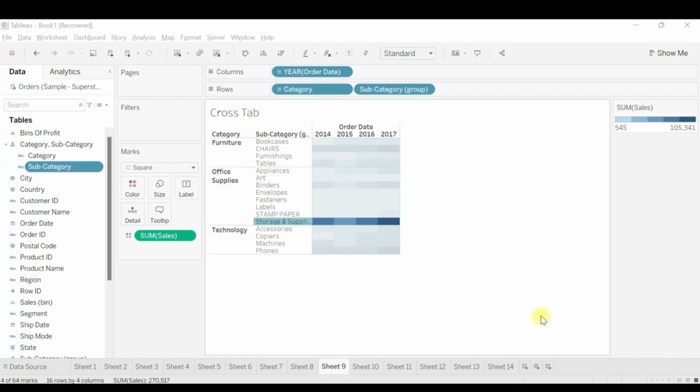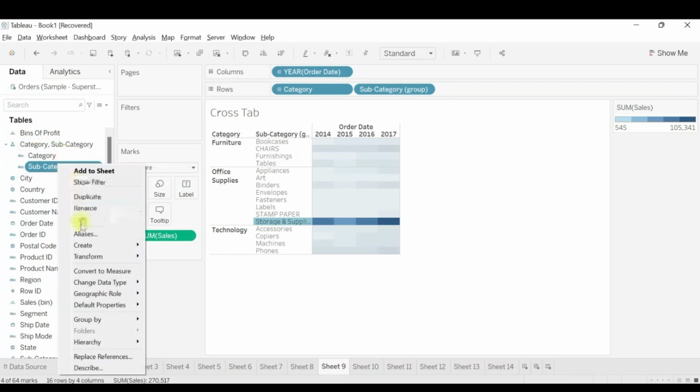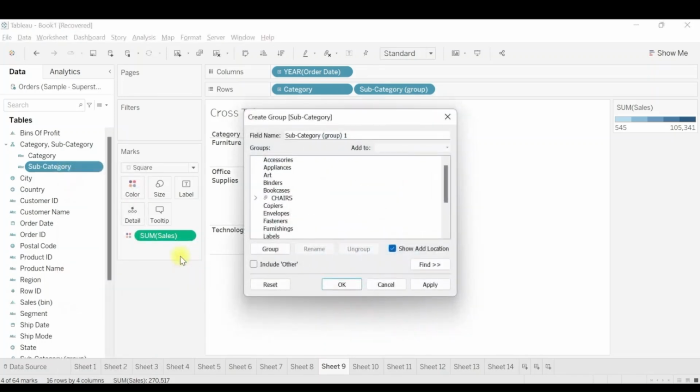Let's see one more way to create a group in Tableau. Since we were creating groups on subcategory, let's see another way to create groups on subcategory itself. From the data pane, search for the subcategory column, right click on it and select create and then click on group. Now you can see the entire data set available. Let's see in this dialog box what options we have.